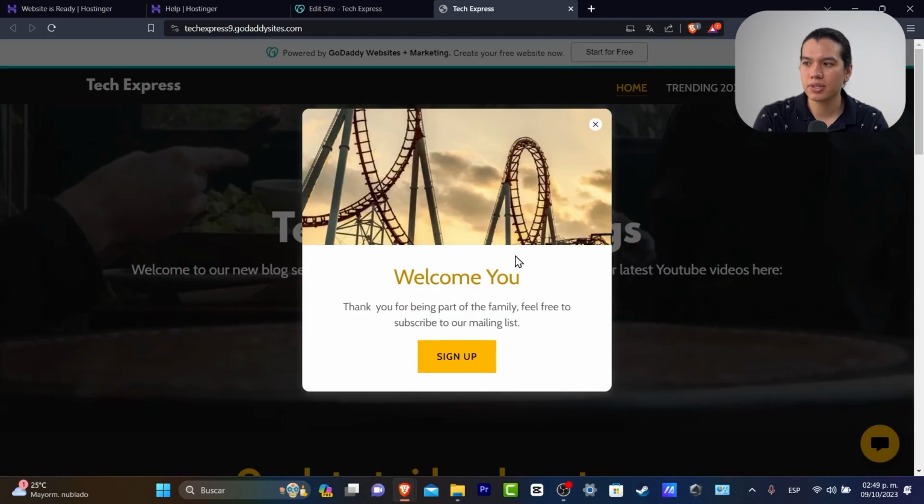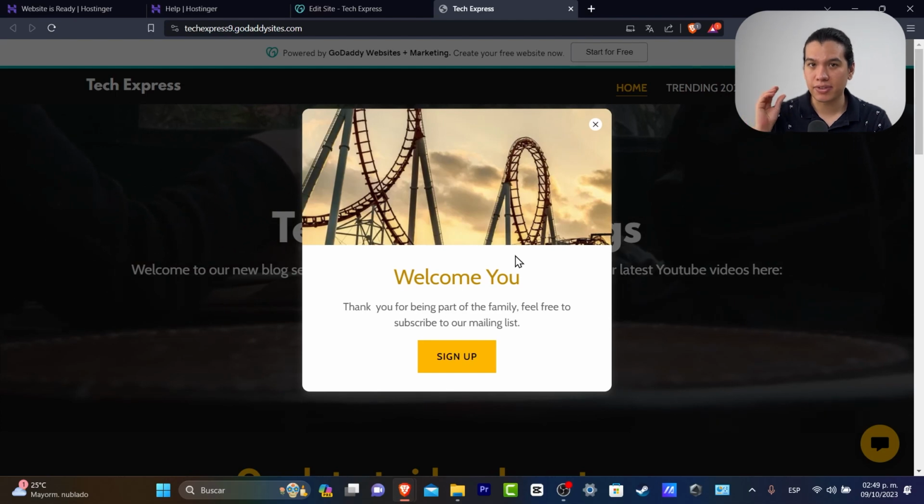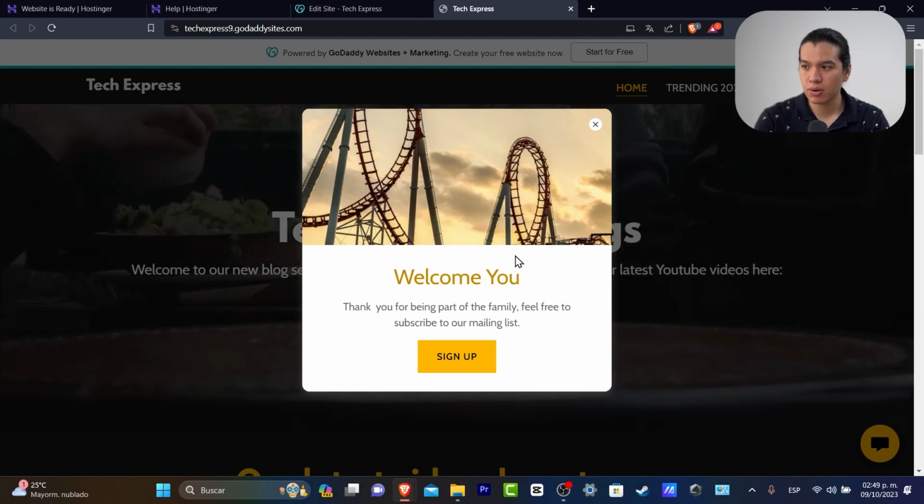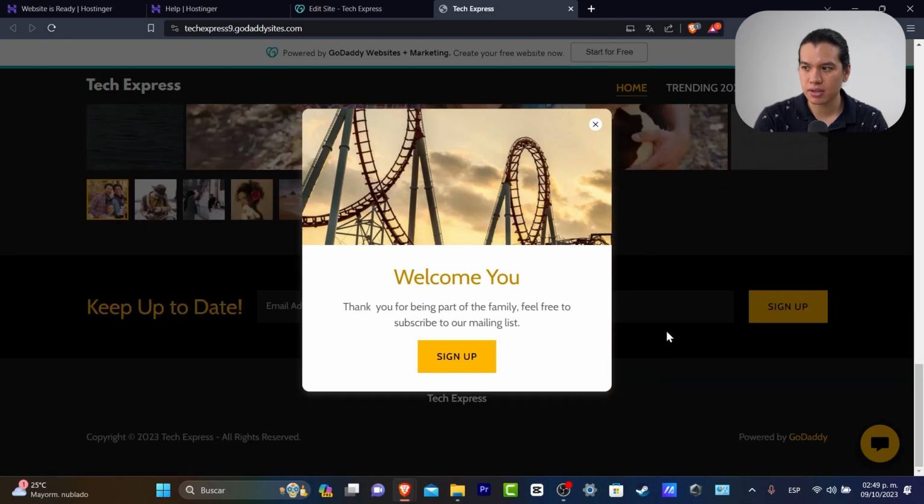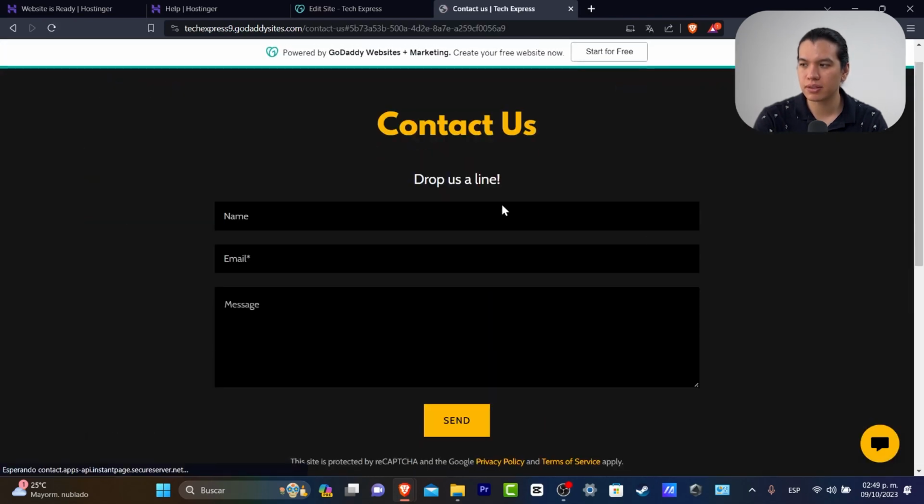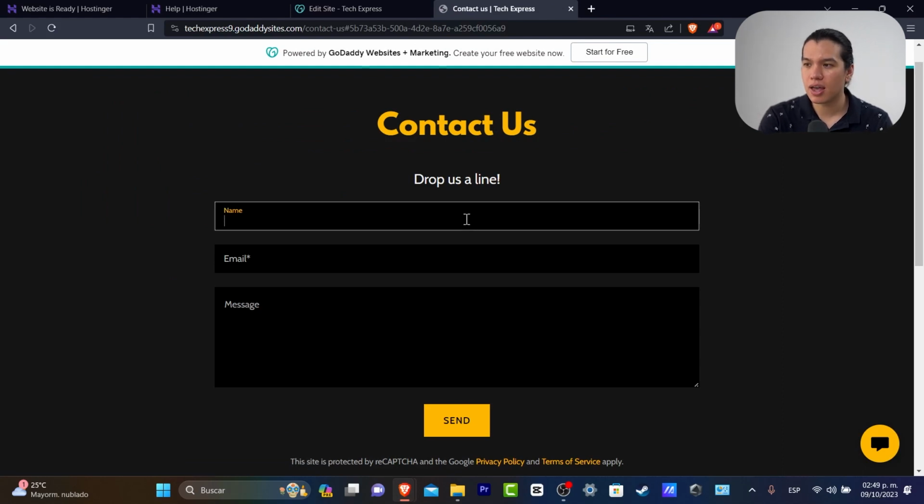I have the TextPress happened only 5 seconds there, and now as you can see I have the announcement bar. Welcome, thank you for being part of the family, feel free to subscribe to our mailing list. So I'm going to hit sign up, and this one actually sent me into contact us as we actually moved on. So let's try to add a contact thing here